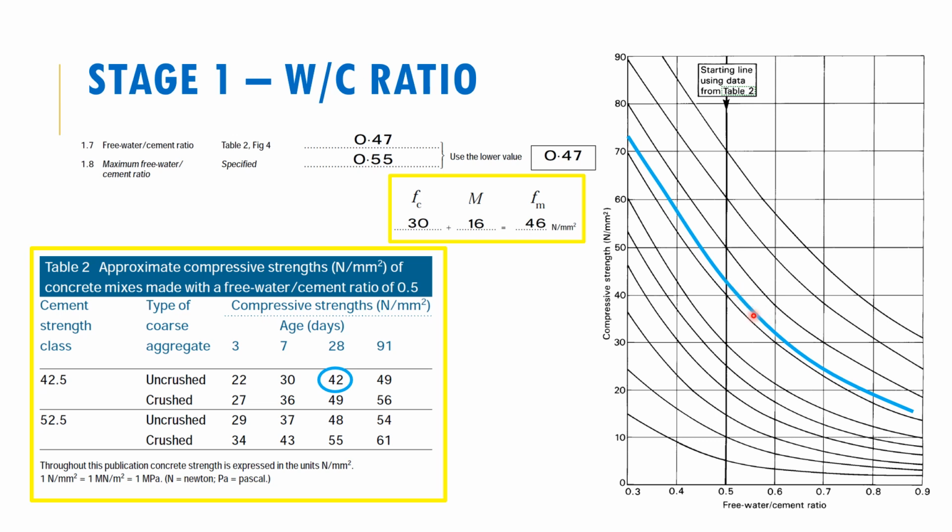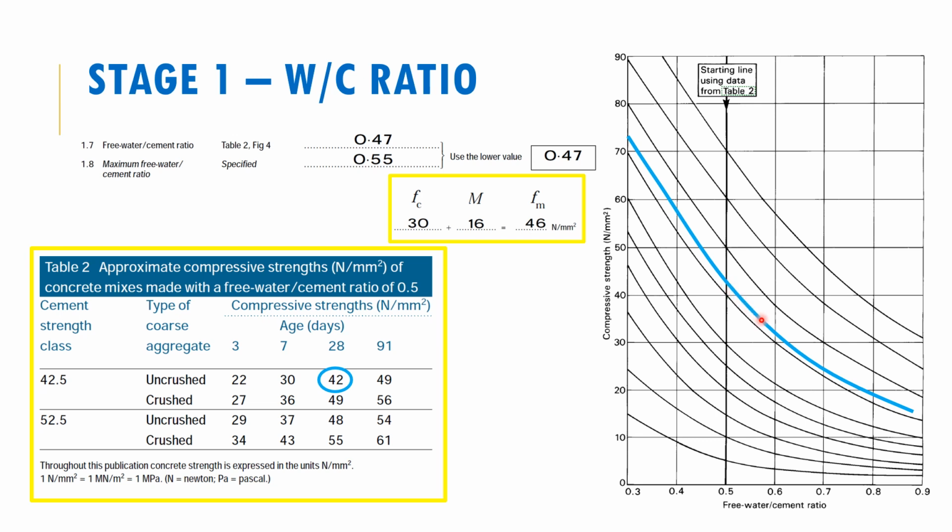So I'd just roughly sketch this curve. Again, if I go up from 0.5, I hit that blue curve that I just drew at almost 42. So you don't have to be precise. As long as it's in the boundaries of 42, you should be fine. So that's the first step. Okay, that's the first step. The second step